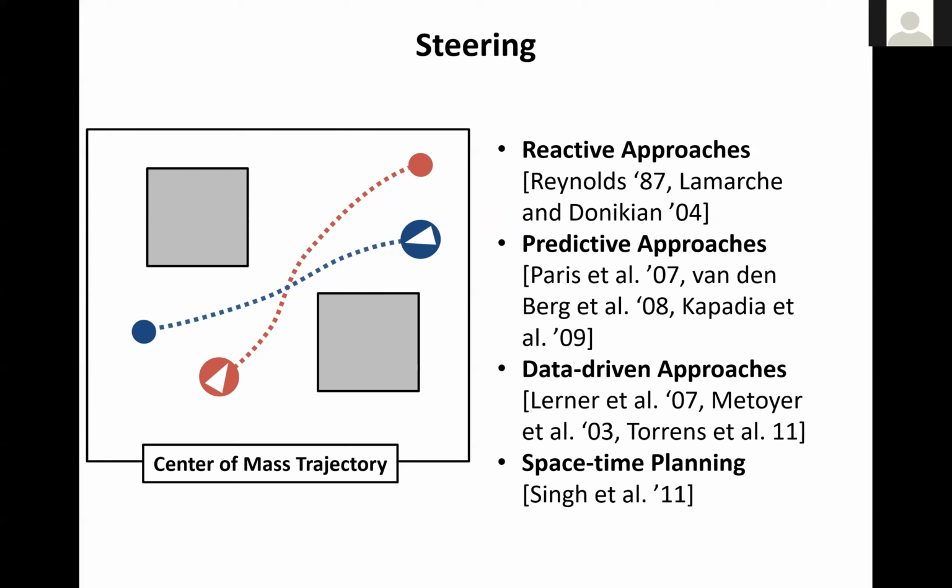Data-driven approaches fall closer to the family of machine learning. So instead of handcrafting rules or algorithms, they rely on learning these policies directly from observations. If we have data obtained from the real world of how people move and navigate, we can use that data to automatically learn and infer policies. And at the other end of the spectrum, we have planning-based approaches. These are ideas that originate from robotics, which plan not only in space but also in time, to come up with space-time collision-free paths.